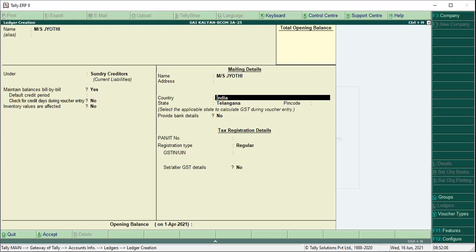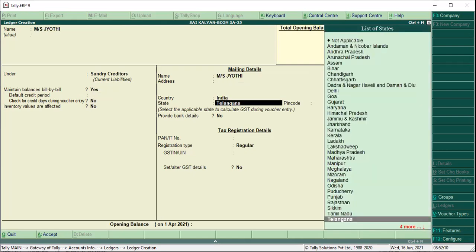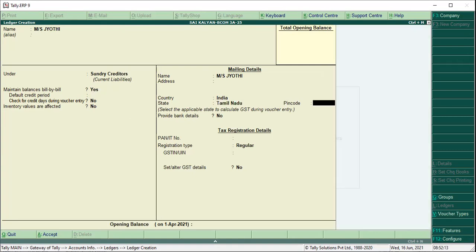Now we select Tamil Nadu, interstate, and you have to enter the GST number of Tamil Nadu, starting with the state code 33 AAAGM 0289.